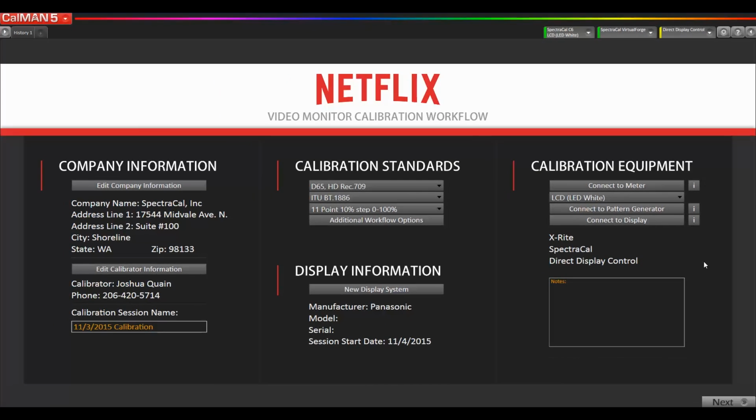Okay, so we've got our meter connected, we've got our pattern generator connected, we've got the right mode selected for the display that we're going to be measuring and calibrating, and I can see that that information is all set up here. If I had any information that I wanted to document about the system, maybe something I know about the display, maybe it's getting old and it's going to be phased out, maybe this is the display you're using for the time being, you could put those notes in here and they would carry throughout the workflow, and